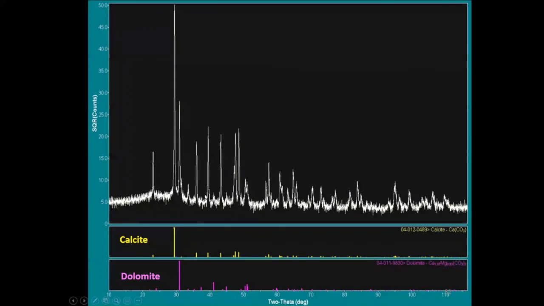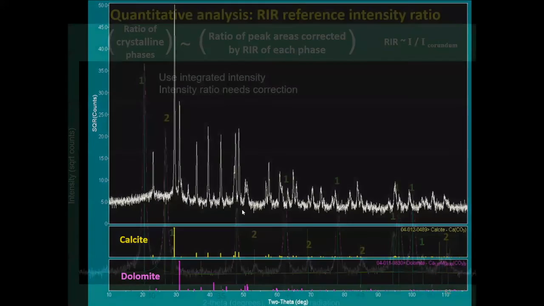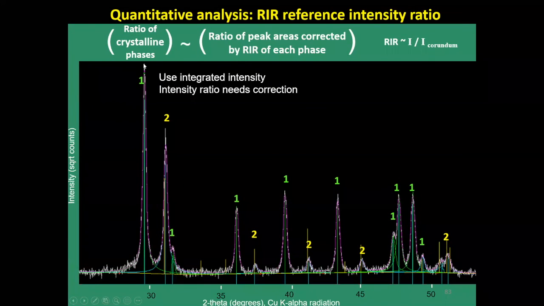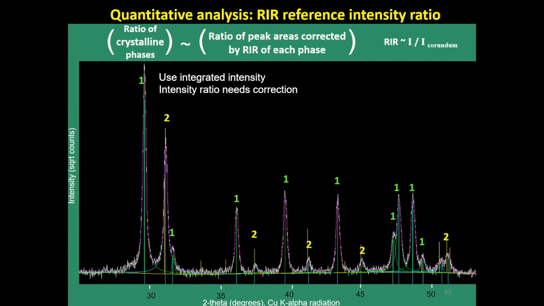But remember, the correction parameters come from a standard where they have intrinsic material properties and scattering properties for the material that need to be accounted for before you do that correction. Once you do that, you can come up with an estimate of one phase versus the other phase. In this case, that was using the IRR method. It's a very simple method. The best method is Rietveld refinement, the gold standard, because what you do here is actually refine and fit